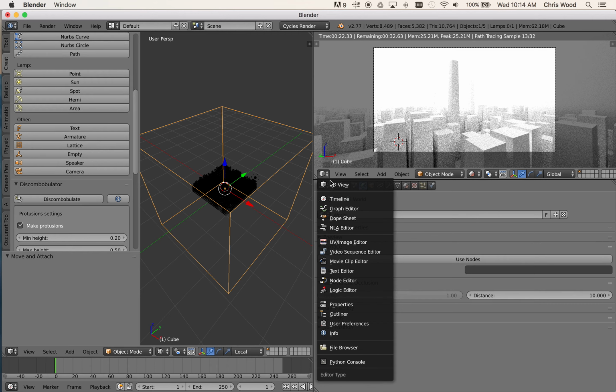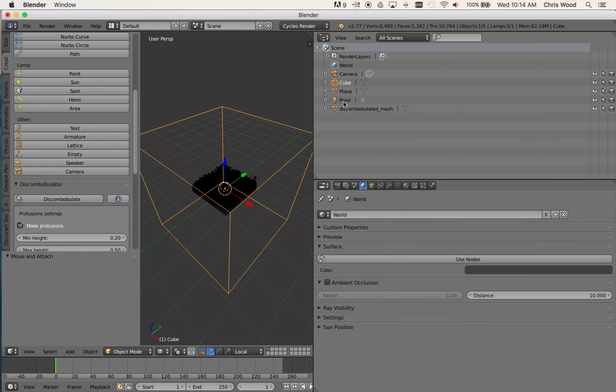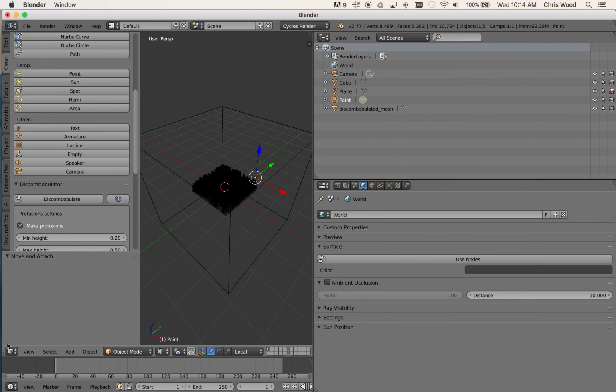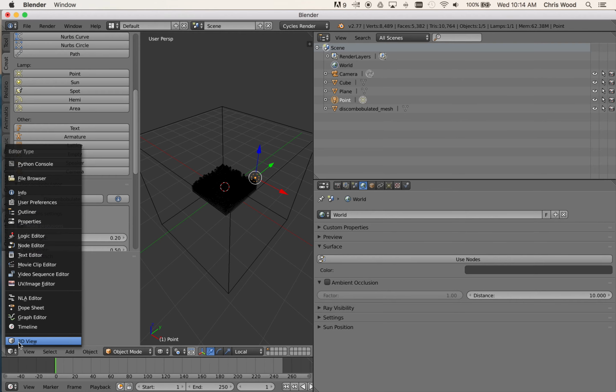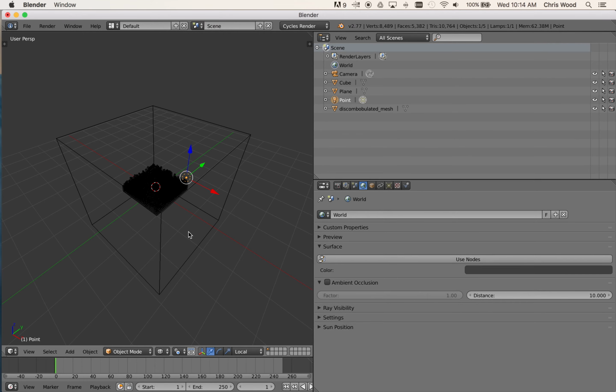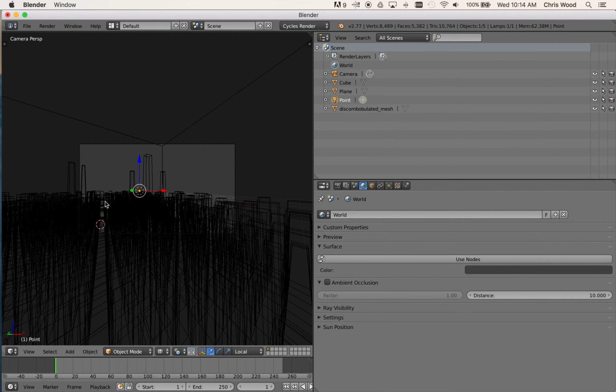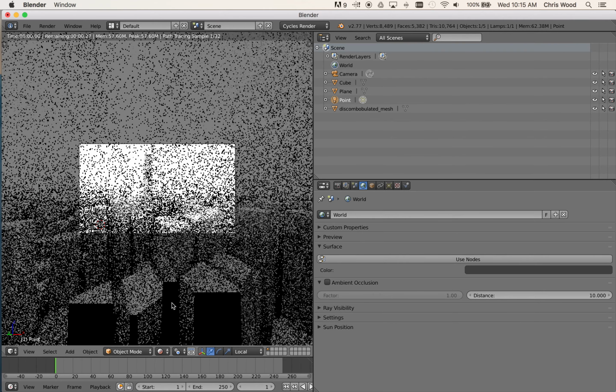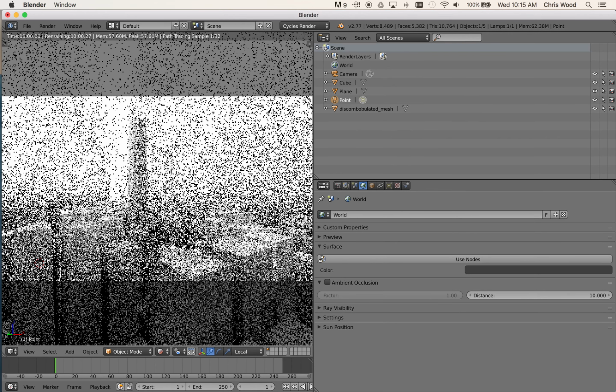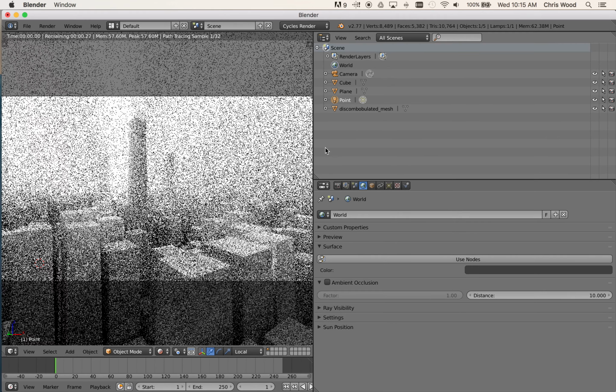I might stick this back onto my outliner, so I can start to select my point light. I'll just reconfigure this all now. So let's go 3D view, hide this away, have a look through the camera, and now I'm just going to pop this up into rendered mode. So let's have a look here,